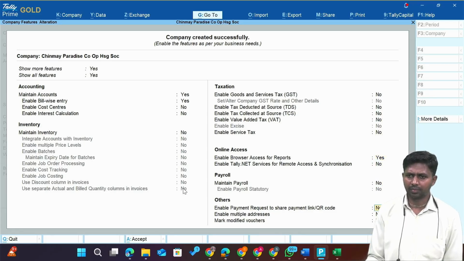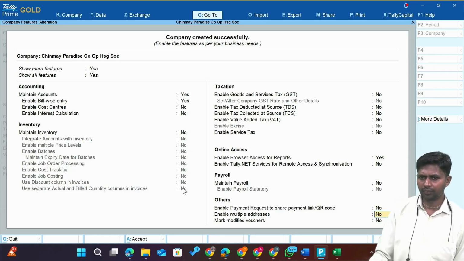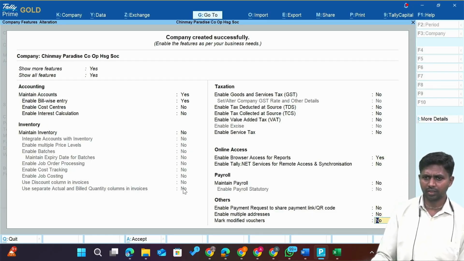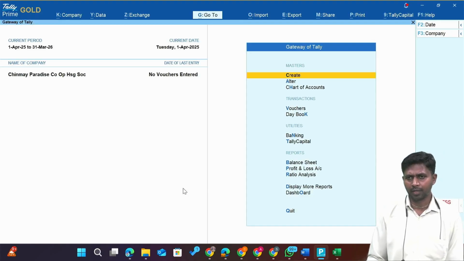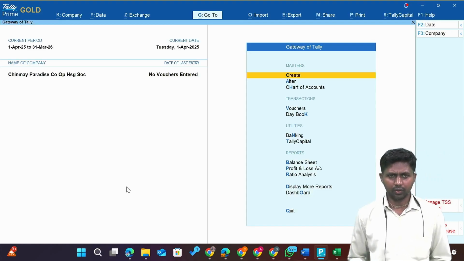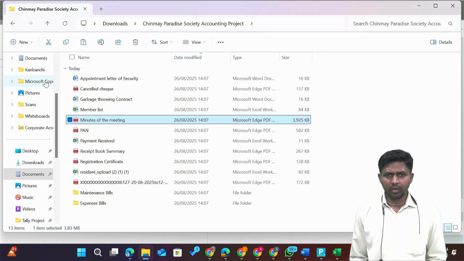Additional features we will keep as they are. And then after that, if you check, you can keep these features also as they are. Enter, accept it. We have created the company successfully. You can check the name here. Now after this,